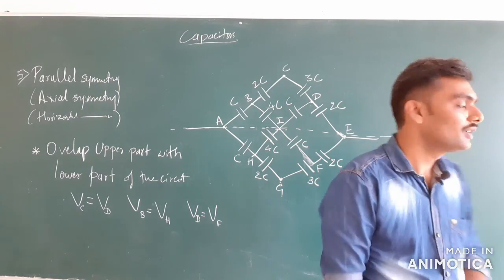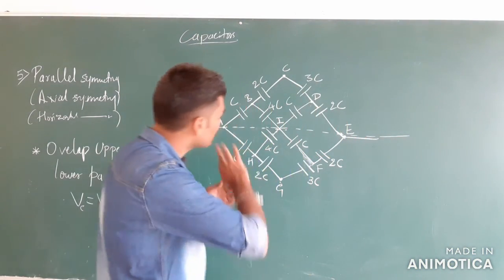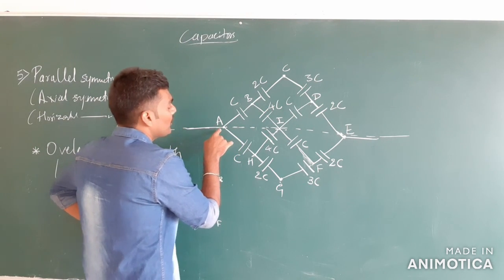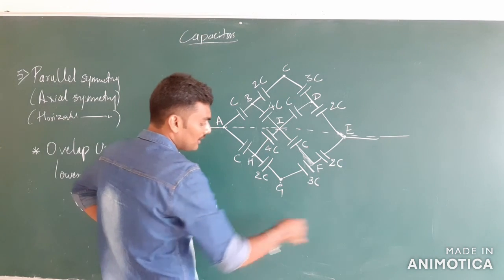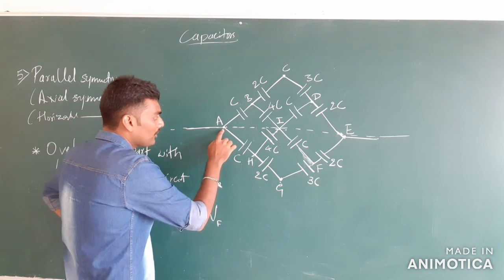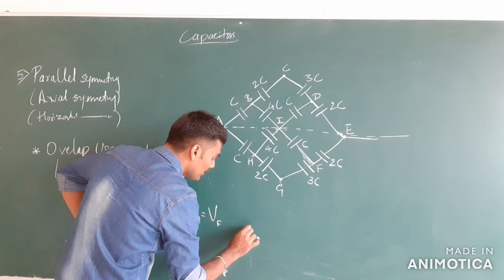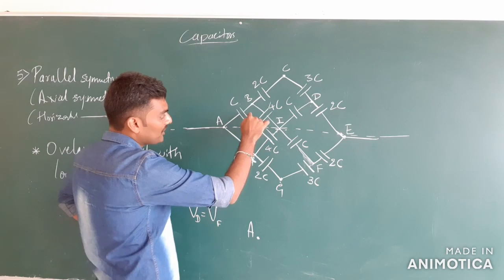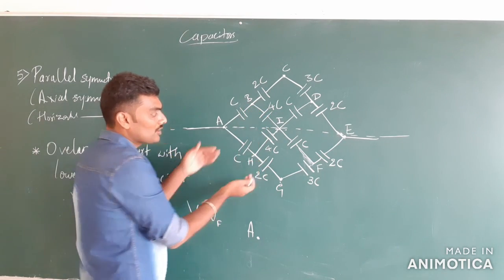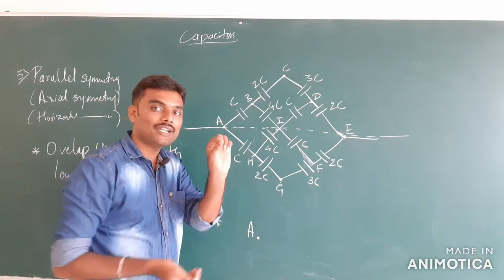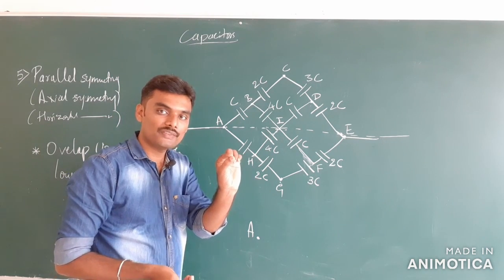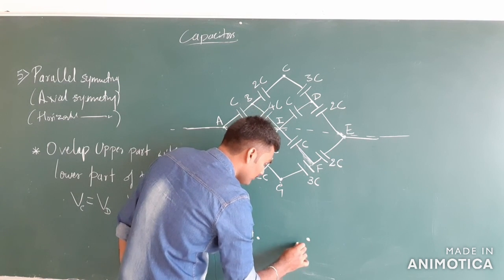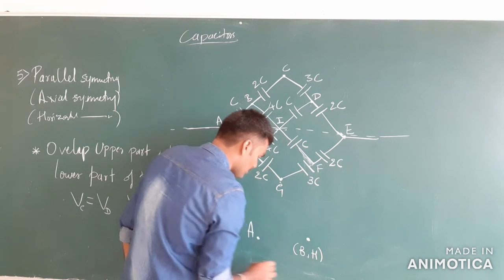But the reduced circuit will be as follows. So this is a technique of redrawing the circuit. What we will do is, we will put the terminals here as follows. I have terminal A, an isolated terminal, and I have terminals B and H. Upon overlapping, both B and H can be taken as one single node, isn't it? So I'll consider a single node of B and H.